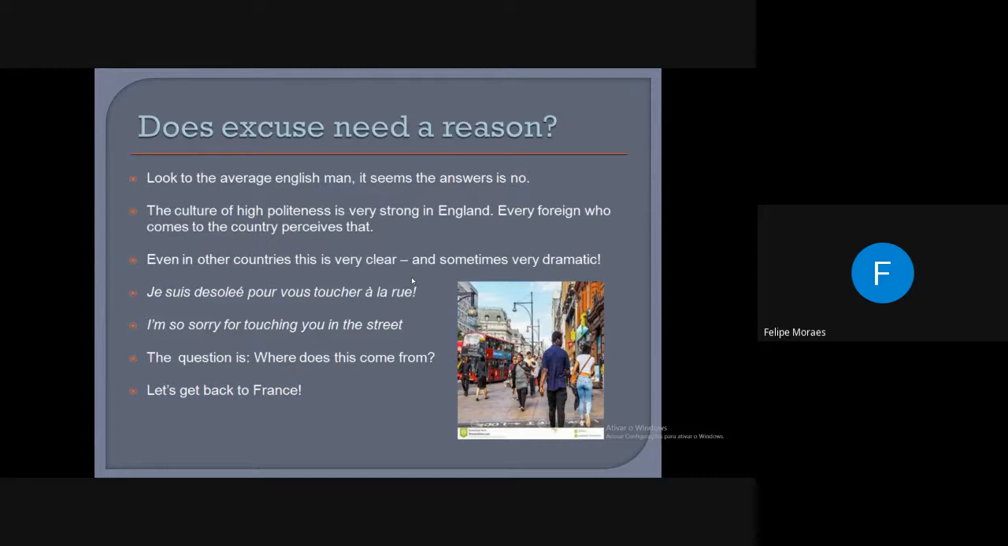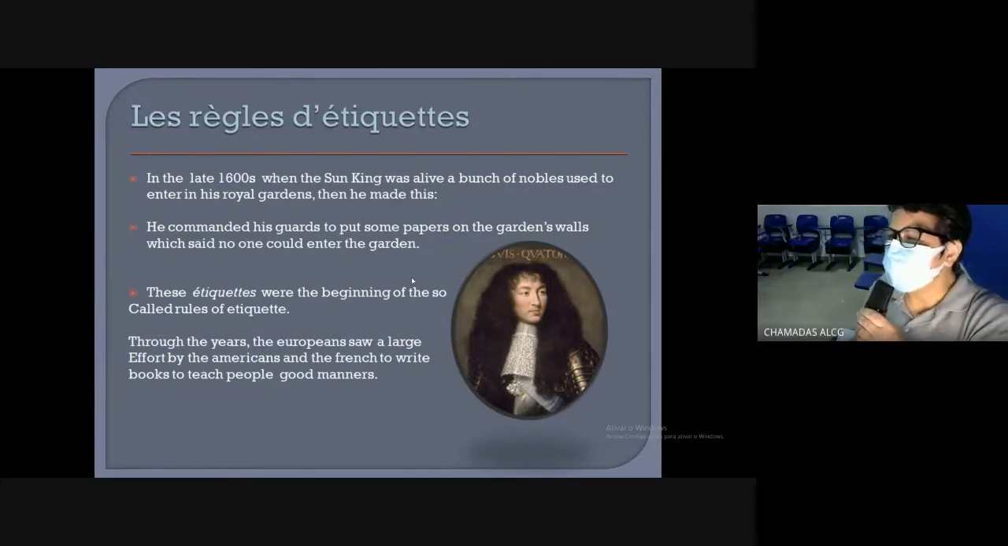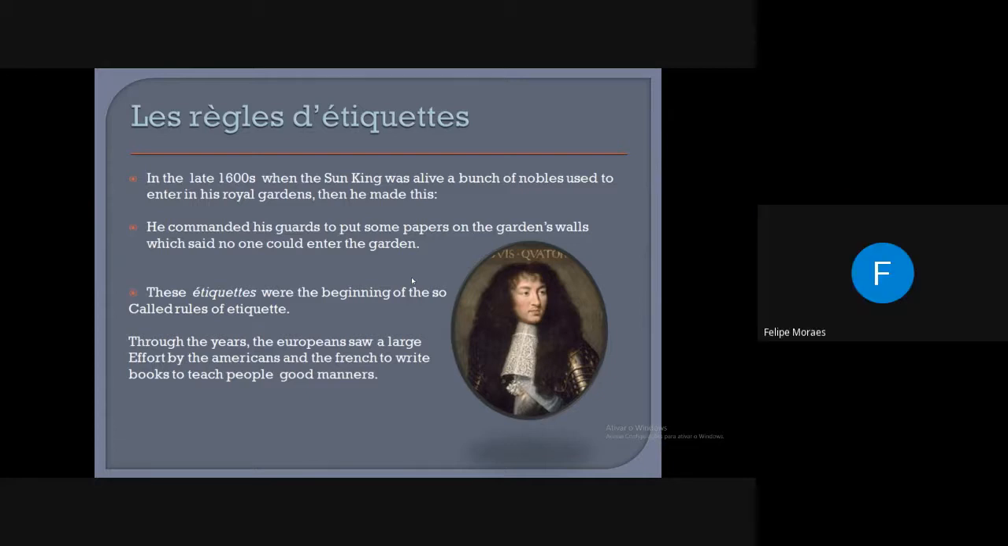And let's get back to France, which we were talking about. Les règles d'étiquette. In the late 16th century, respect des étiquettes. When the Sun King was alive, a bunch of nobles used to enter his royal gardens. Then he commanded his guards to put some papers on the garden's walls, which said no one could enter the garden. These etiquettes were the beginning of the so-called rules of etiquette because it was some kind of